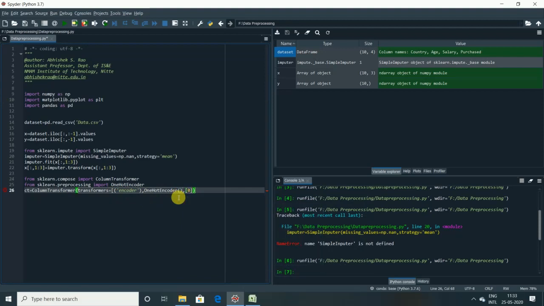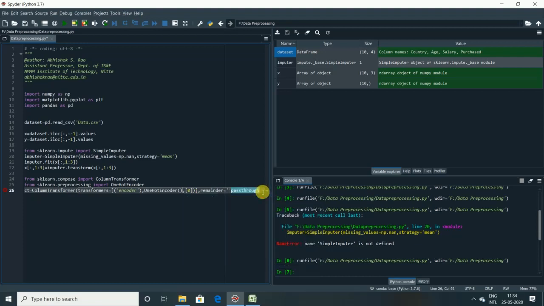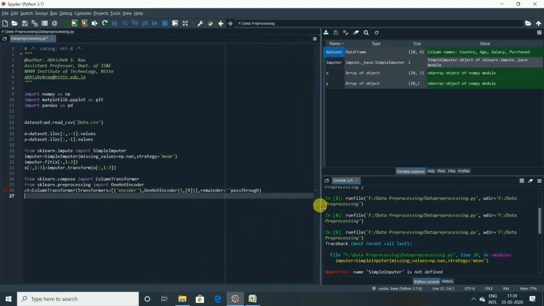Now what we have done here: transformers is equal to encoder, the type of encoder is one hot encoder, and to the first column. We'll close it. And one more attribute is remainder. I'll tell you what this remainder is now. Remainder is equal to passthrough.